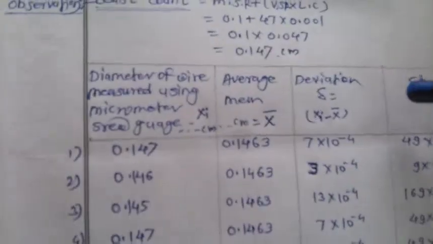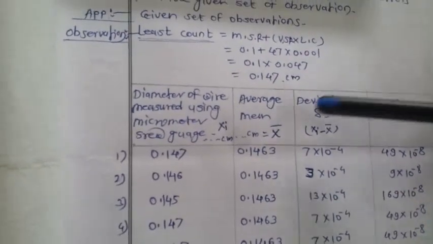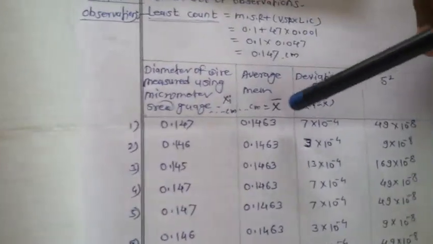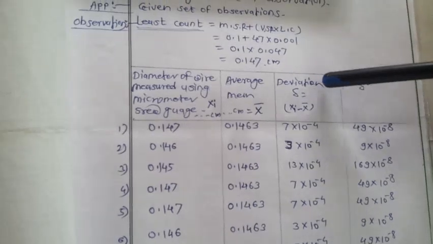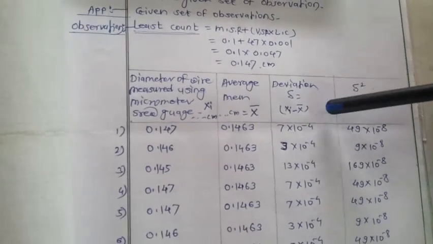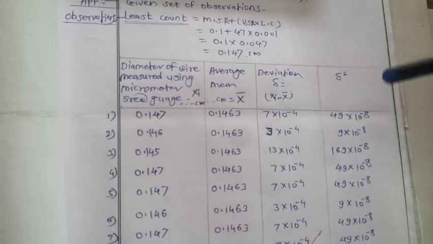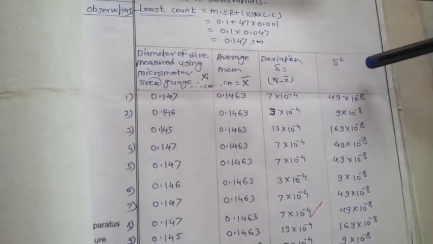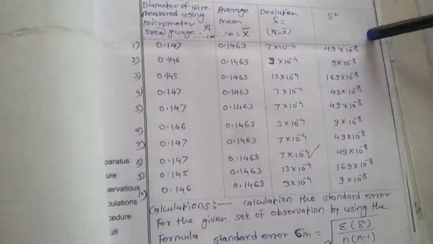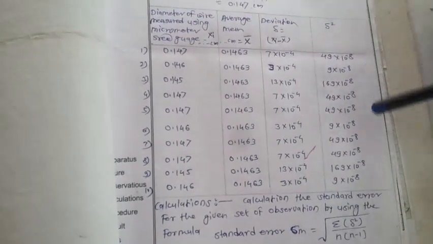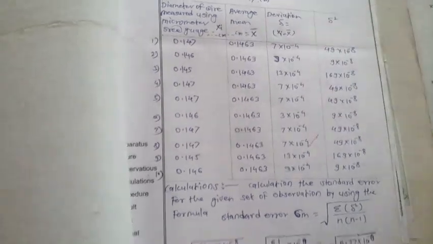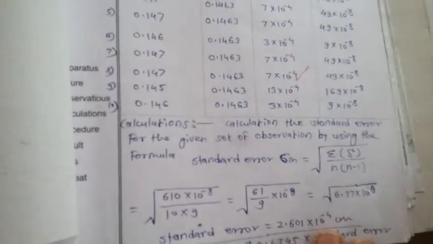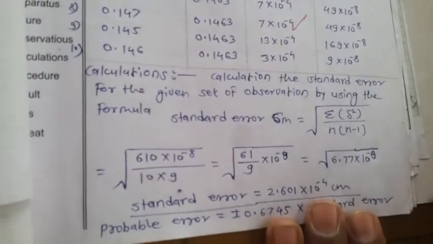Delta is equal to xi minus x bar. Here xi is observation number 1 minus the average mean is equal to the deviation, delta is equal to xi minus x bar. Then in the fourth column, the square of deviation, delta square, is given, calculated by the student. Then the standard error for the given set of observations is calculated using the formula standard error